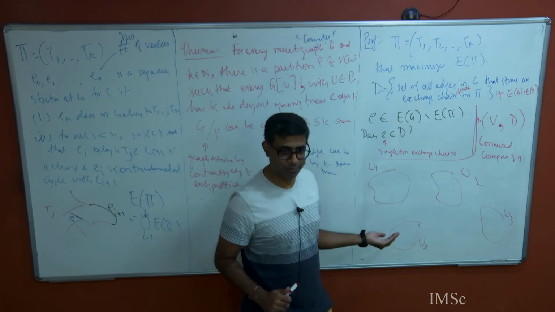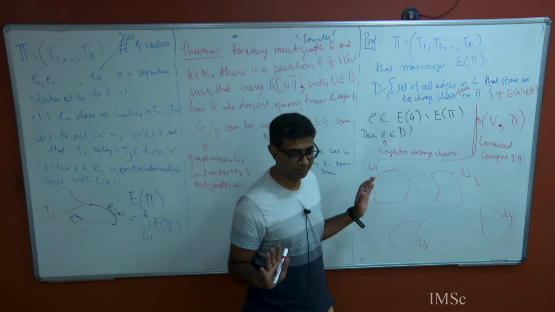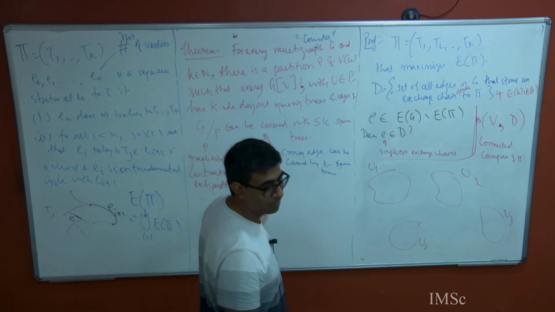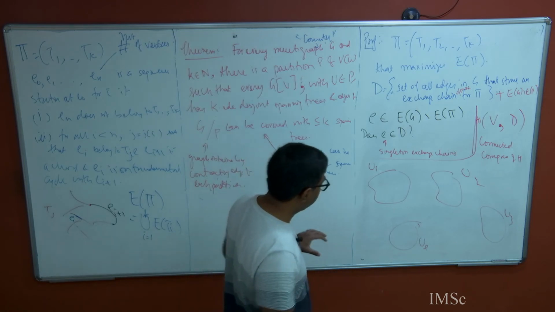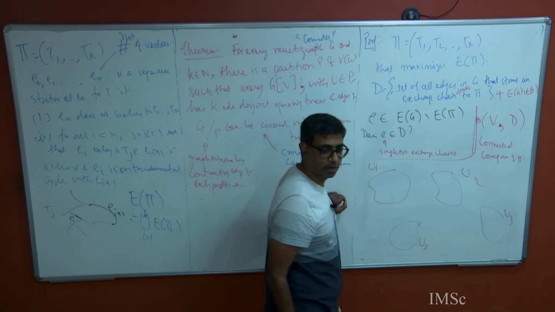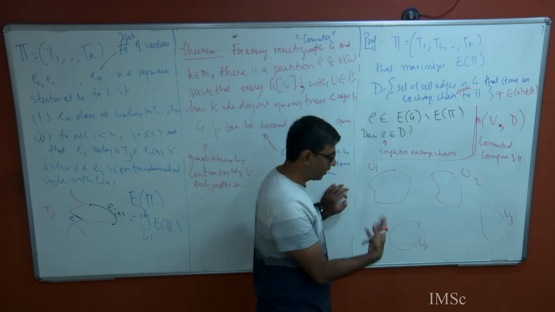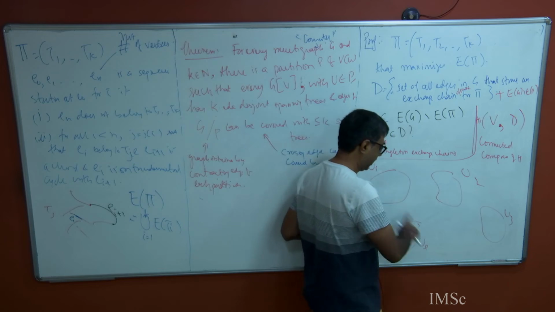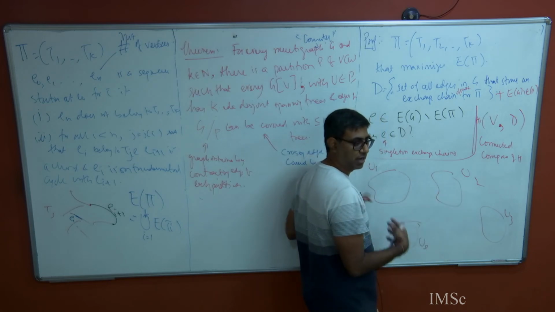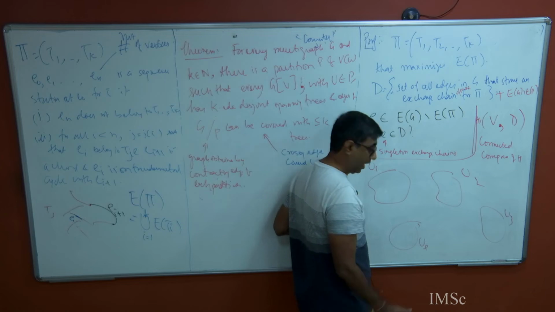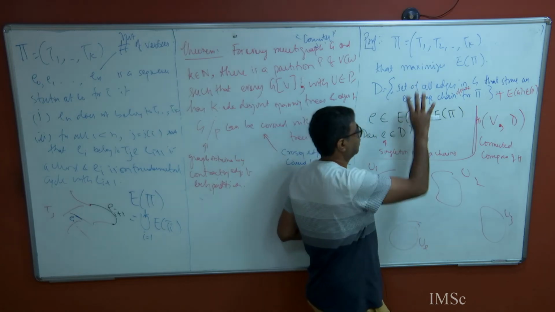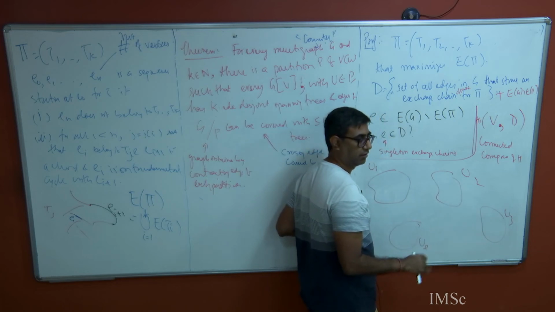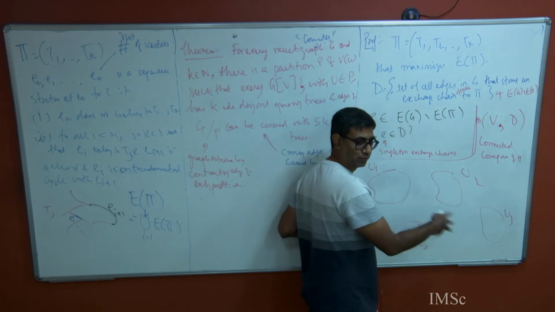Now we have to show that all the properties are satisfied, right? I mean, we have to have patience, but we are getting there. This is why I say this is a very magical proof. So what we have created is this U1 to UL. Now, if I want to say that this is the right partition, what do I have to show? Each Ui has k edge disjoint spanning trees, and every edge across can be covered with at most k spanning trees. I have to prove this. All I said is, given this set of definitions, I have created my partition. That's it. Now we have to go through and prove this.